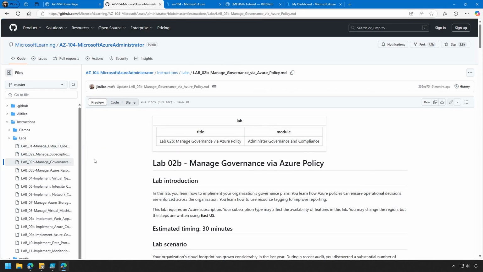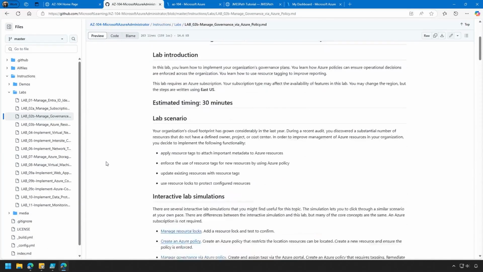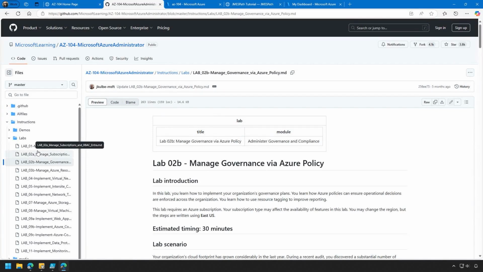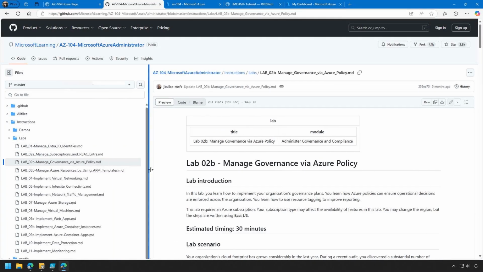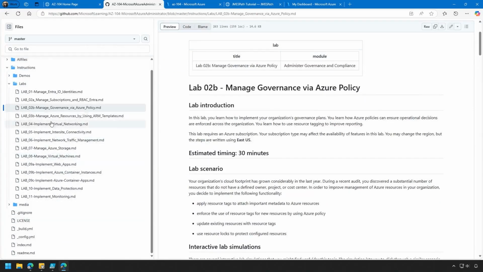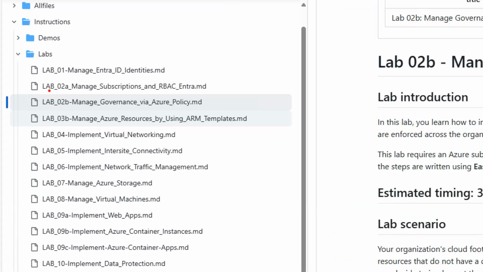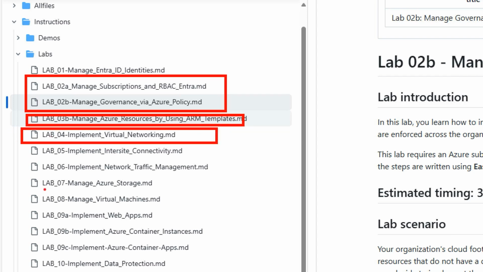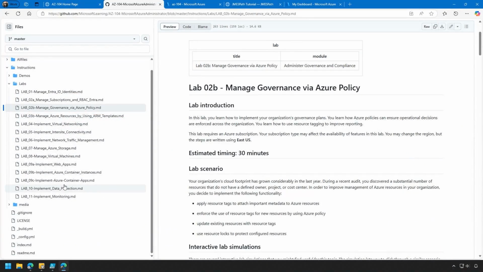You can start your lab environment and then save it or pause it, because what they do is they break each lab. In your lab environment, you're going to see that they have one button per lab, and there's 11 labs, but some of them have an A and a B. So one button will have 2A and 2B. One button will have, I don't know why it's 3B, and then 4 and 5. So you'll see on the lab screen